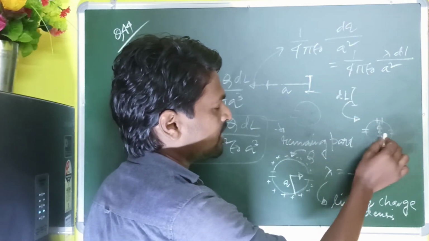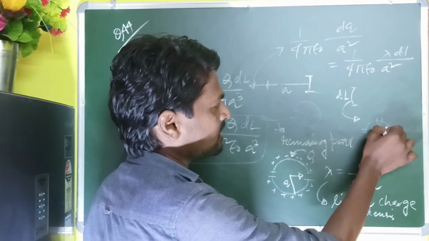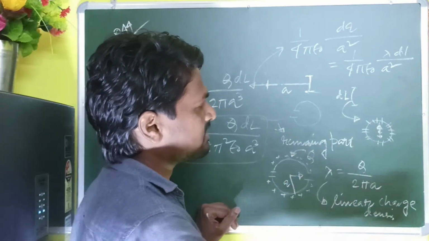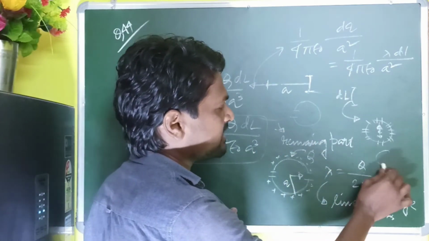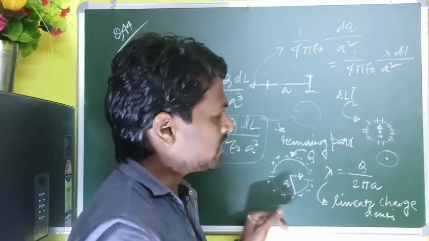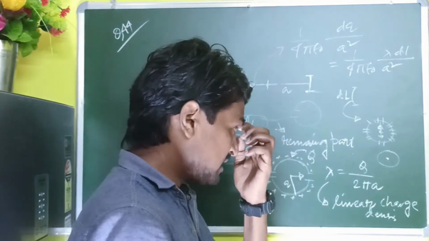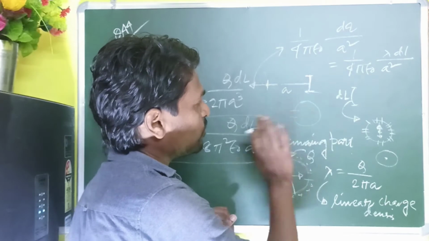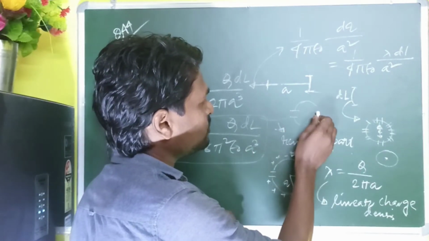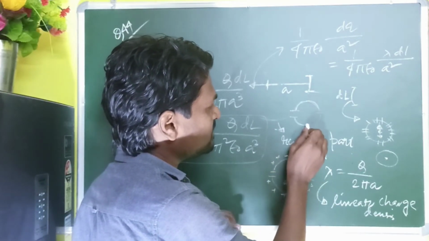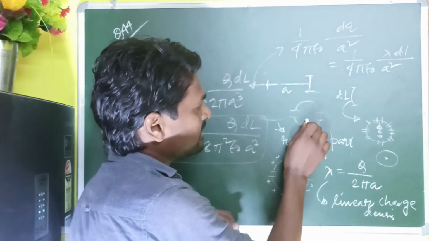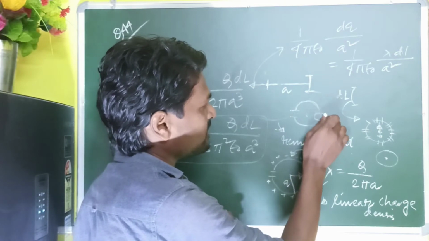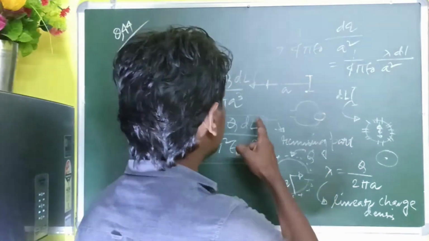Similarly, if you consider the different elements and you take a symmetrical part in the opposite direction, then these and these ones are cancelled, so the electric field at the center due to the whole ring is zero. And if we take a small portion cut off here and the remaining portion is here, then the contribution of these parts is zero, but the total contribution of electric field comes from that particular part. Okay, so this is dl, and